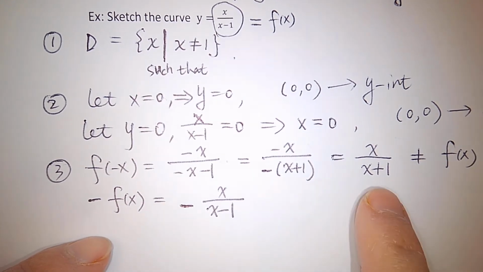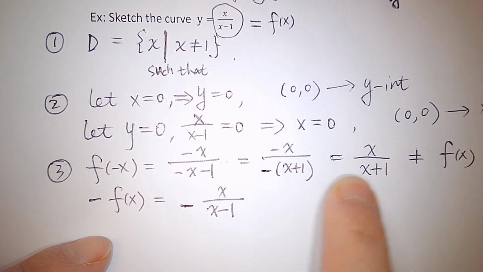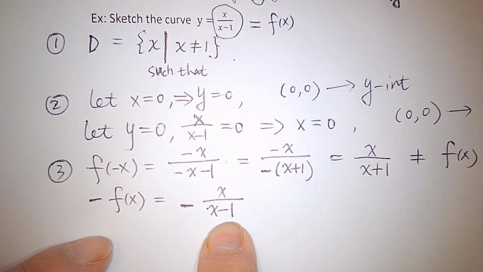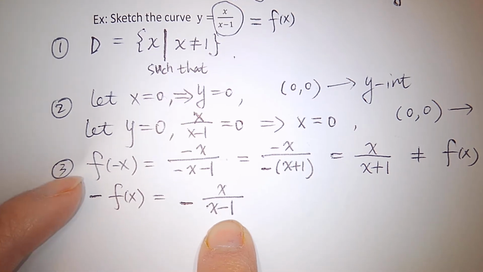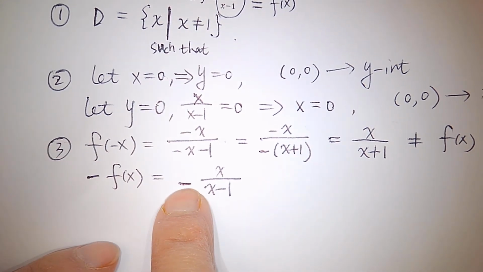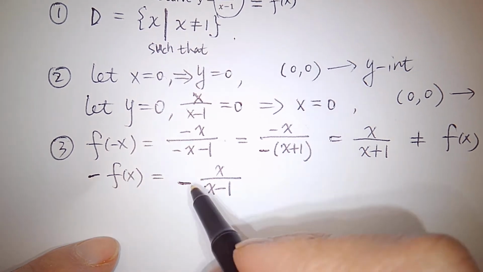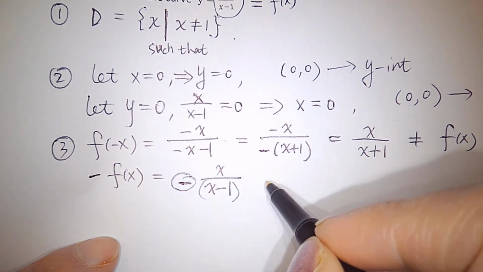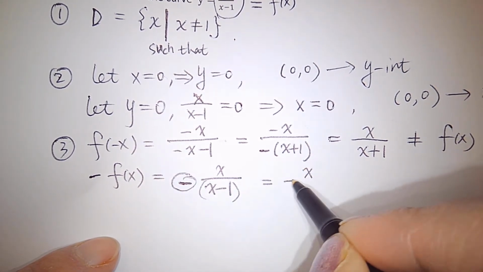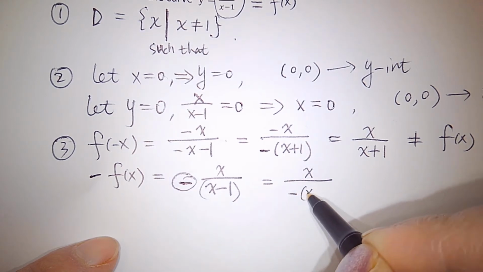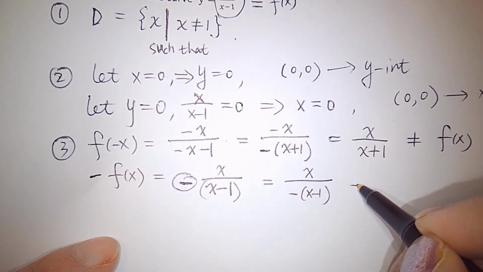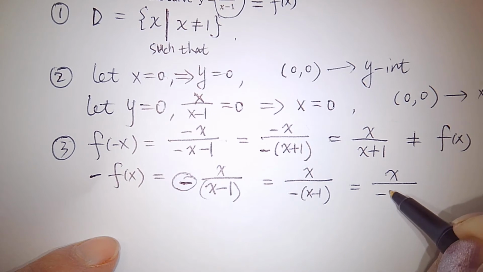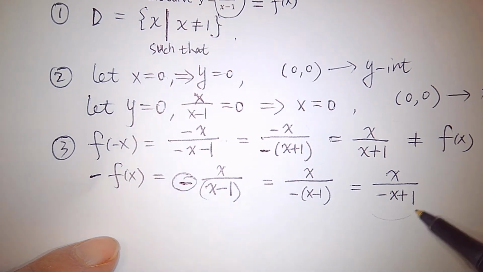So my question is, does this equal this? Yes or no? It's not. You see this is negative 1, okay? So let's give this negative 1 to the denominator. It will be x over negative x minus 1, right? So that should be x over what? Negative x plus 1. Is this